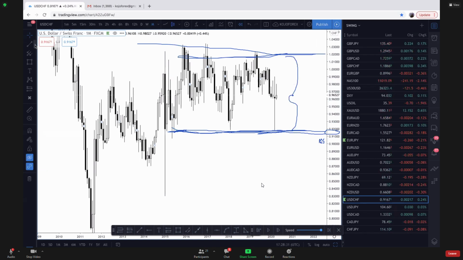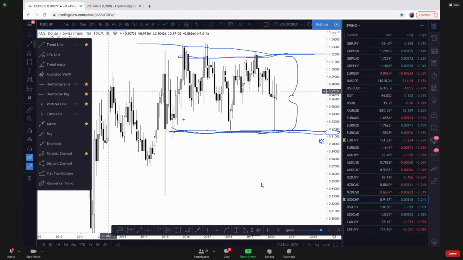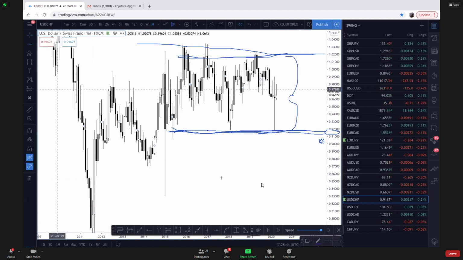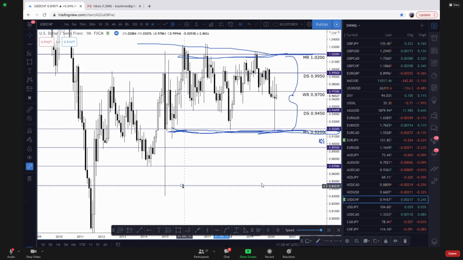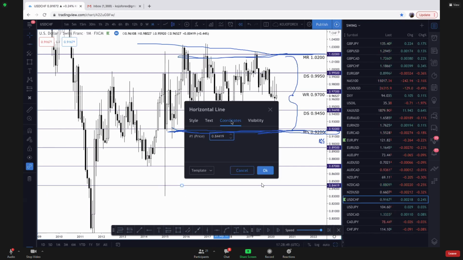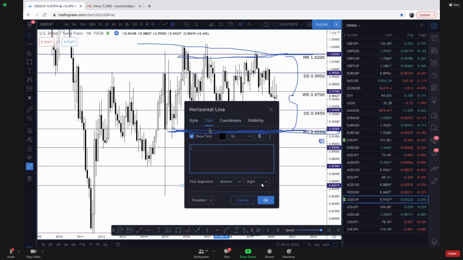You come here, you pick this horizontal line, you throw it in there. I'll show you how to do that, but I've already marked up my own, so it wouldn't be possible to do it here. All you have to do is pick it like this, throw it in there, double click on it. It's going to give you coordinates. You choose specifically 0.9200. Then you come to the text, and you want it to be at the bottom, you want it to be at the right, and then you can type in the coordinates there so that you can easily see that you're putting the line on